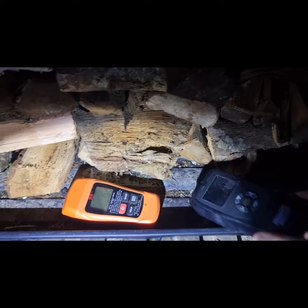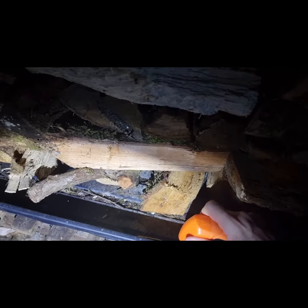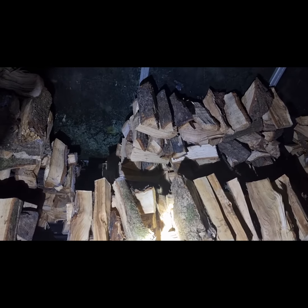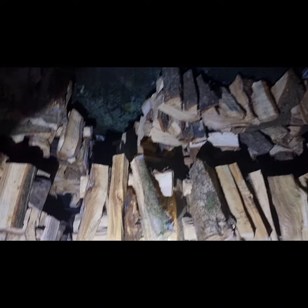An example, let me hop over here without burning myself. So I've got 2 meters. I've got a pinned meter and I have a pinless. I prefer the pinned one, if I'm honest. It gives a more precise reading and allows me to see the difference between the inside and the outside. So if we grab, let's just turn this on. I need it on